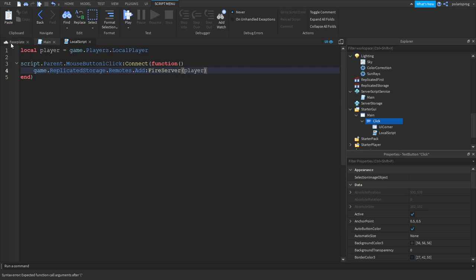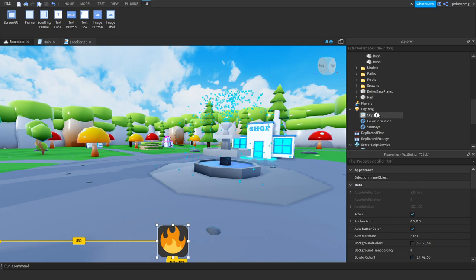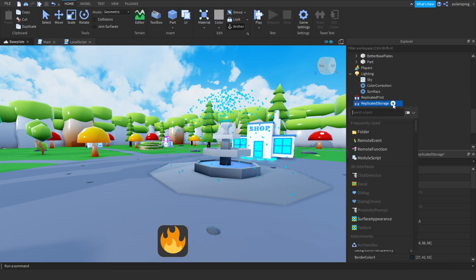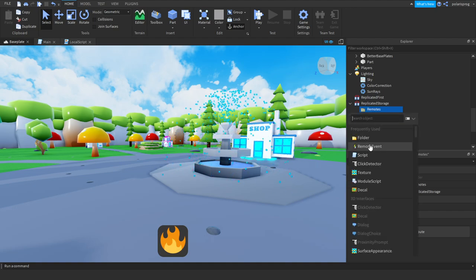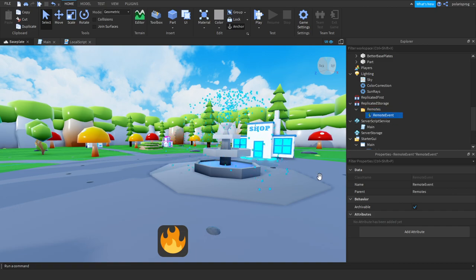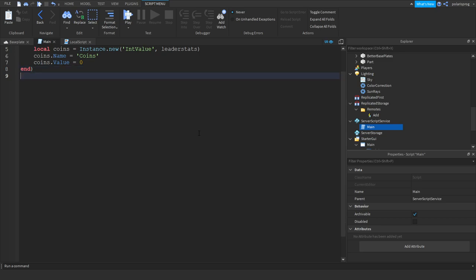Now we don't have this remote event yet, so let's add it to ReplicatedStorage. Let's add a folder for the remotes, and let's add a RemoteEvent to it. Rename it to Add,